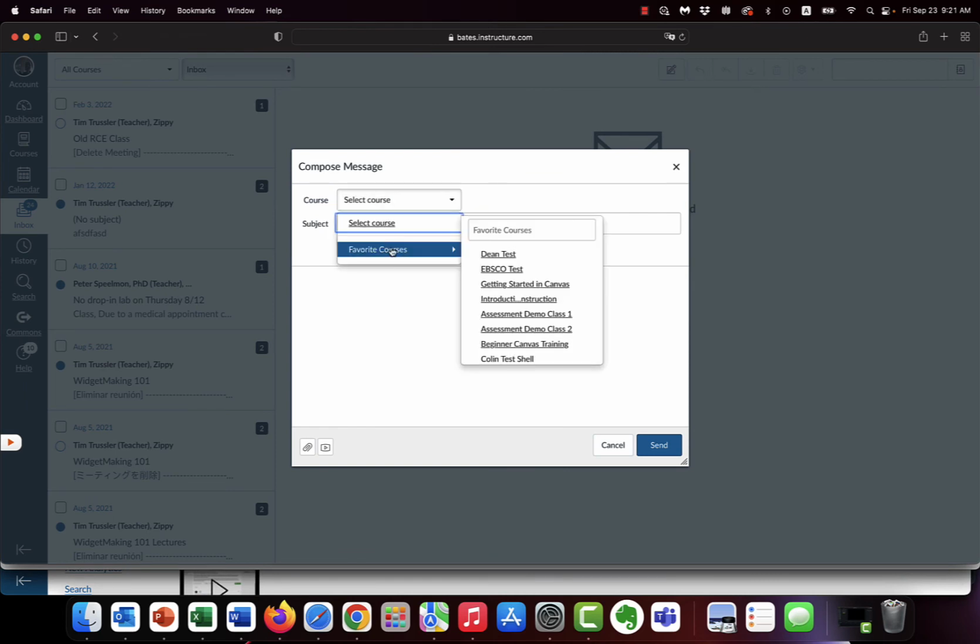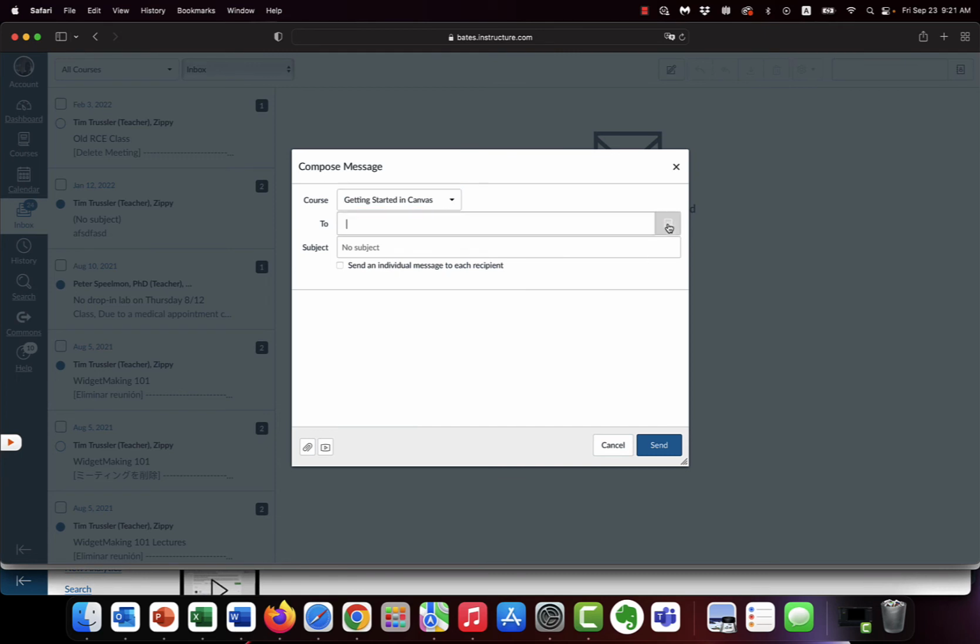You can select your course, and then over on the right here you can select who you want to send it to, either a teacher or, if they allow it, fellow students. And that's it. You put in a subject, you start typing it in. You'll notice on the left-hand corner, you can also attach a file. You can record video and audio and then send it off to the person you want.